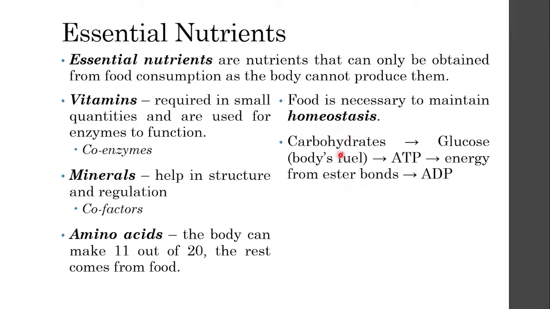The other thing is when we have to create ATPs, or when we take the carbohydrates, break them down into glucose, which then is used via glycolysis or cellular respiration to create ATPs. And ATP has energy from the bonding found on the 3 phosphate groups on ATP. When you break those ester bonds, energy is released, ATP becomes ADP, and the whole process repeats itself to create ATP. So the energy stored on the ester bonds is what propels a lot of the functions in our body.